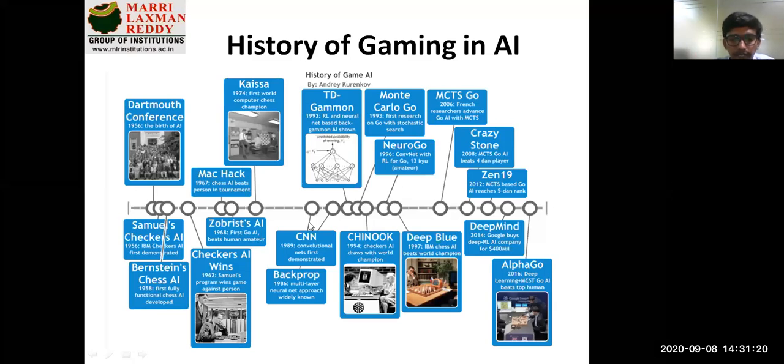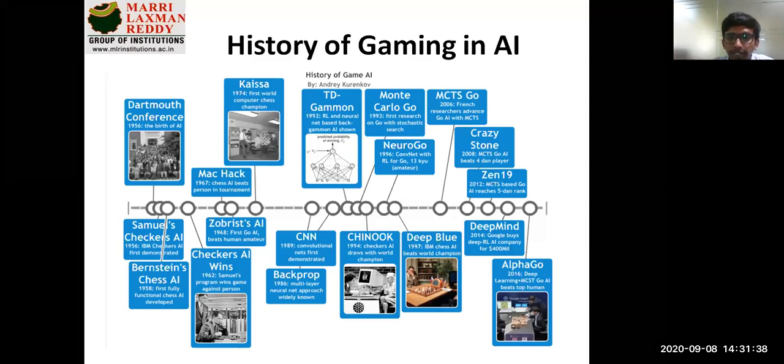You can see here CNN, convolutional neural networks, which is similar to the functioning of your neurons, how from each node you can traverse to another node. Initially they started with a single player. Later they moved to a multiplayer approach. Likewise, there was a lot of improvement.